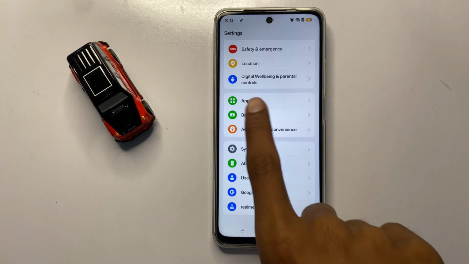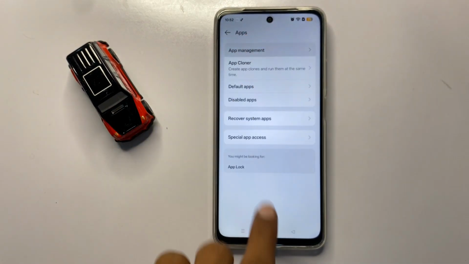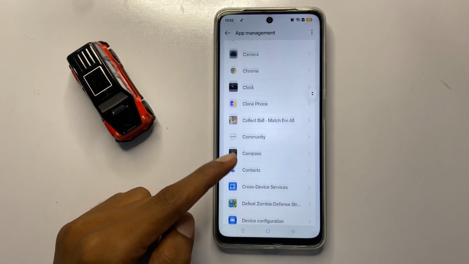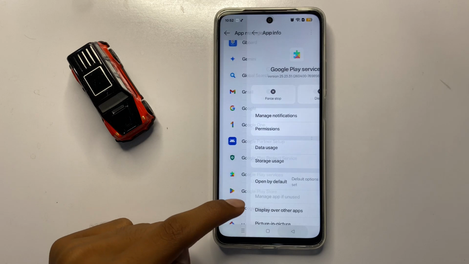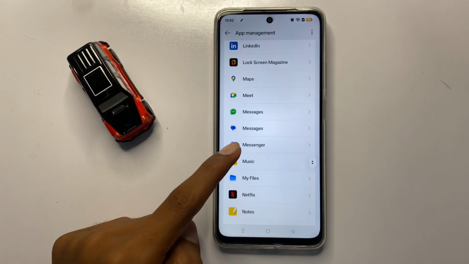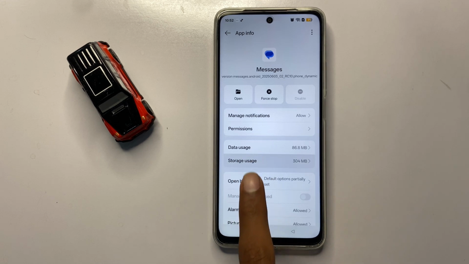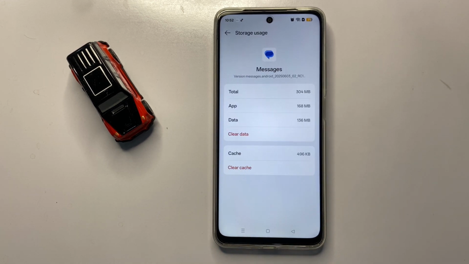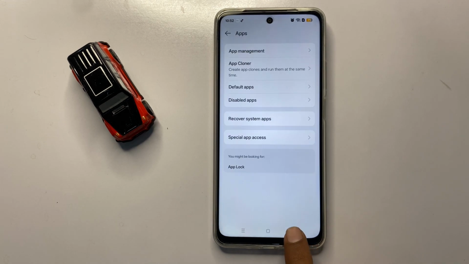and scroll down and click on apps and then click on app management. Now scroll down and find messages app and click on messages app. Now click on storage usage. Now here you can clear the data and cache memory of messages app. After clearing the data and cache memory, then go back and click on